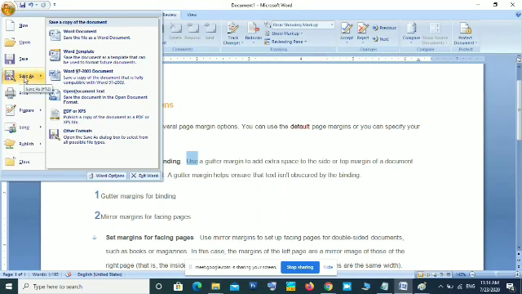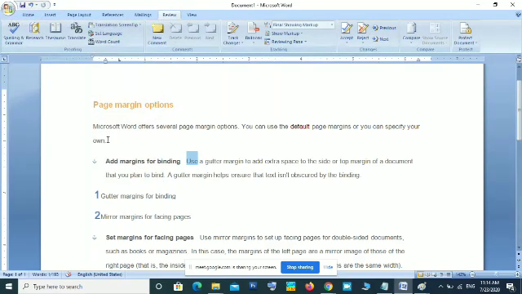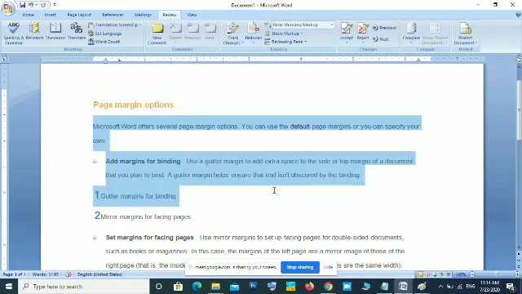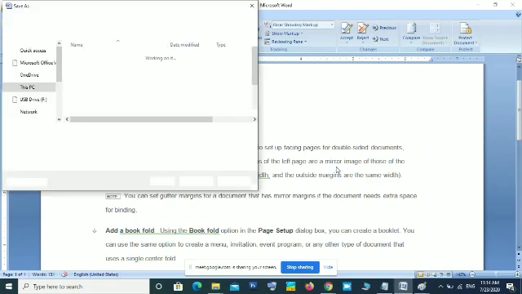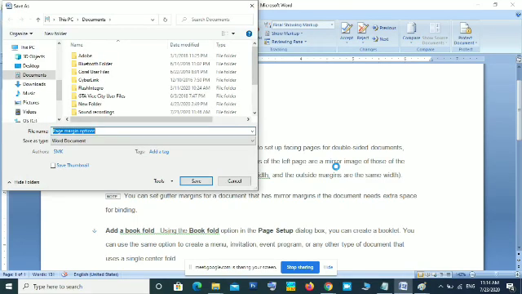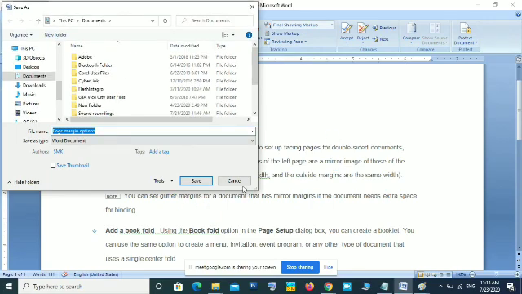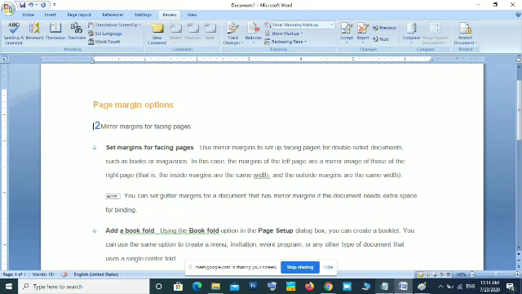You can give a new name, a new file will be created, old file will be there. What is the use of Save As? For example, if you want to make some changes in your document and send that document to some other person, some of your personal details you want to hide, you can delete it from the document and click on File, Save As. Now the previously saved file will be as it is. The new file will be missing that deleted paragraph or deleted text. Okay, that is the difference between Save and Save As.